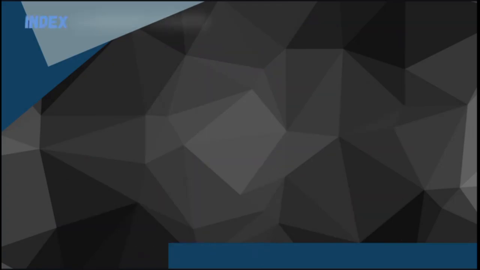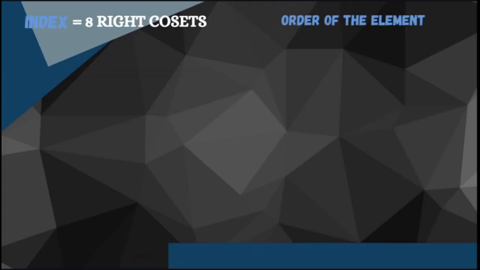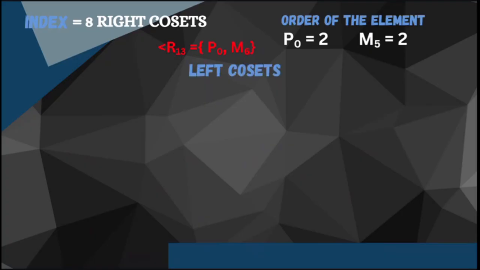We have the total number of right cosets. We have 8 right cosets. And for the order of the elements, we have rho sub 0, 2, and mu sub 5, we have 2. Next subgroup, we have r sub 13, which elements are rho sub 0 and mu sub 6. For left cosets,